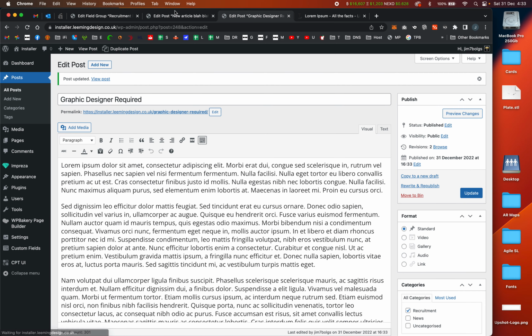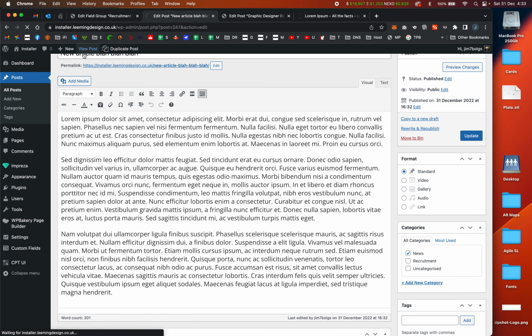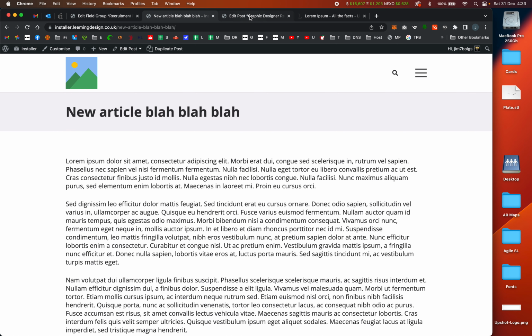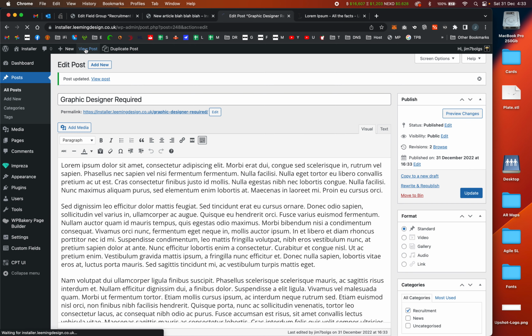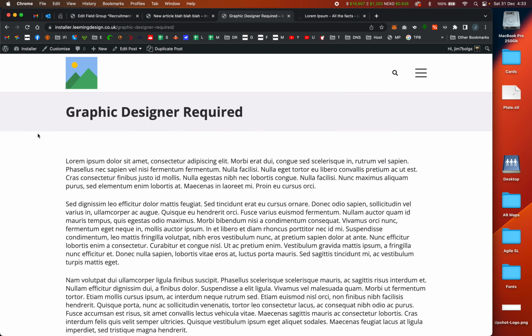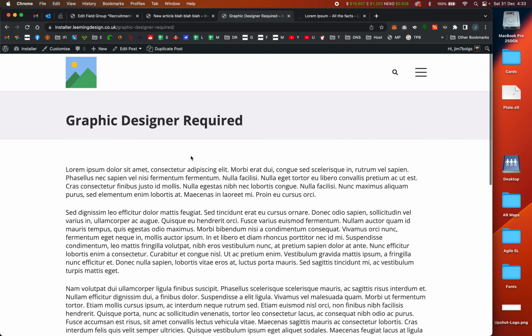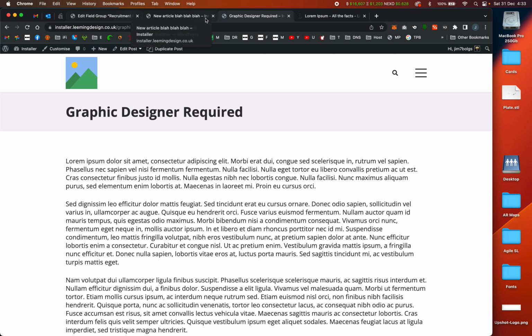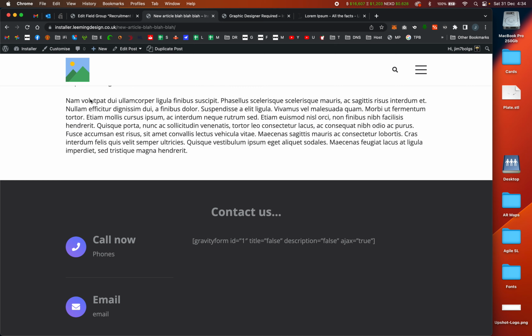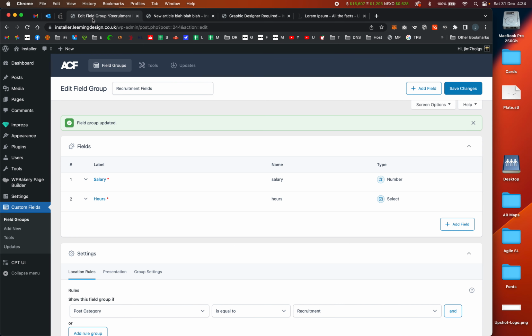Okay, so let's go and view both of these blog articles. So that's like that, just a normal news article, and that one looks like that, graphic design required. But we're not seeing the custom fields on that template, and also there's no way to apply for the job. So how do we add that to the template without putting empty custom fields on there and also a job application form on a normal news article? Well, that would be done by